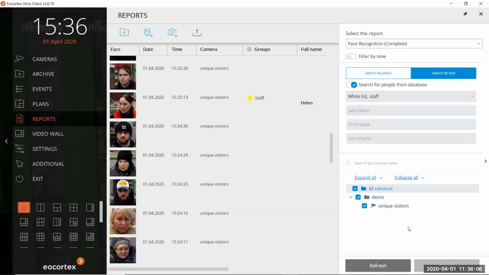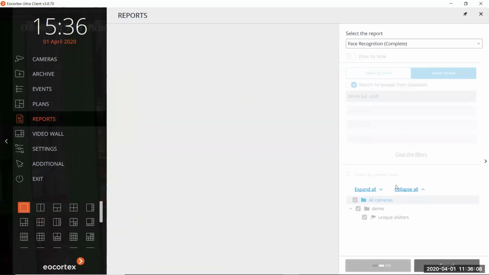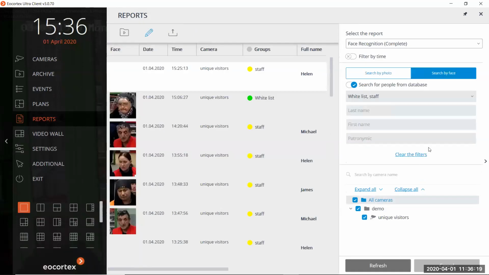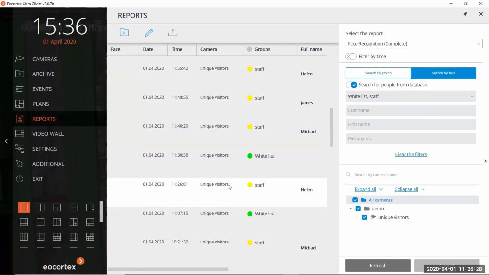Let's refresh. In this case, it will work like a filter for the search. We just find all the moments when people that are added to the database were detected. So we can see now when they were detected for the different time and so on. We can filter this by the time and then also export this report.